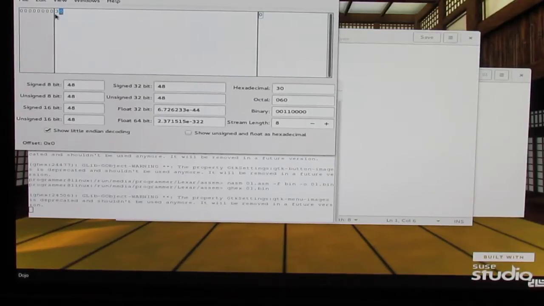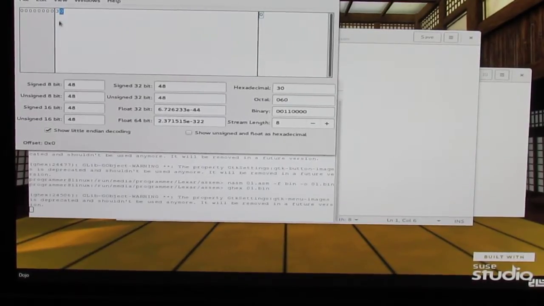Okay, so now this is a very, very interesting point about computing. Here's the value, the number 1, right? Why does the number 1 begin at 49? It's not 31, that's 31 in hexadecimal. Why does the number 1 start at 49 instead of at 1, right? Well, okay, it's very simple, folks, because